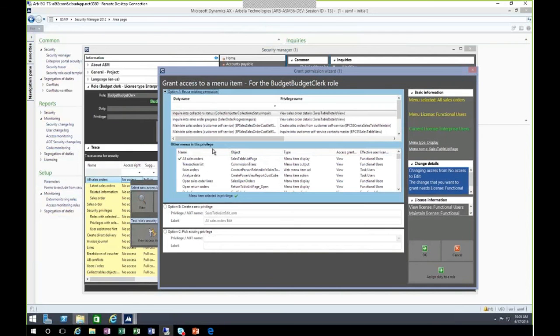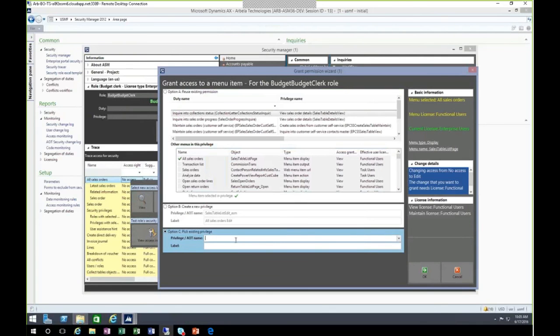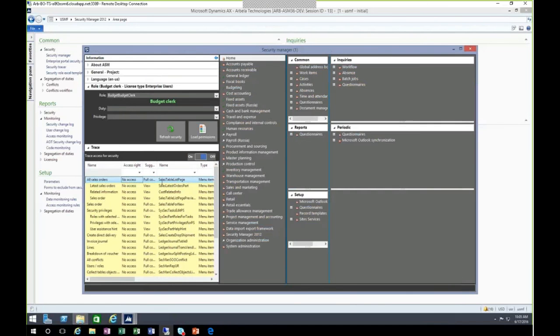A, I can reuse that permission that gives access at full control and choose from a list of different privileges or duties that give that access. B, I can create a brand new privilege, or C, I can choose one existing privilege that should give access to all sales orders, right? So I hope that answers the question.